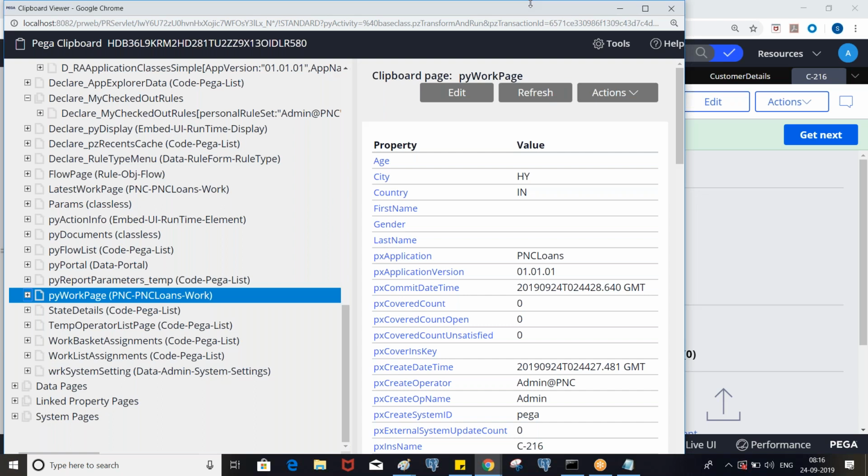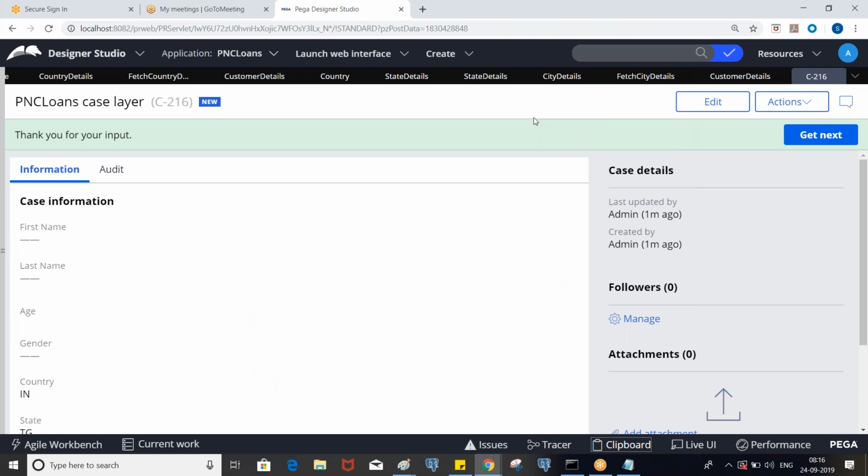Next we are going to do the dynamic cascading by using other rules. After that, we will conclude which is the best approach to do this. Generally, for this kind of scenario, we never go for activities because we have other rules, and by using those we can easily do this scenario. But you need to know all the ways. If you want to do more processing, like putting in loops, then we need to choose the activity. But this is straightforward: you are fetching the data and displaying it.